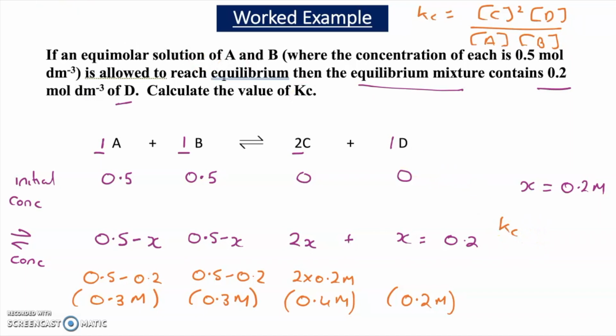So Kc is equal to 0.4, the concentration of C raised to the power 2, times the concentration of D, which is 0.2, divided by the concentration of A times the concentration of B, so 0.3 times 0.3. If I put these values into my calculator, I get a value for Kc which is equal to